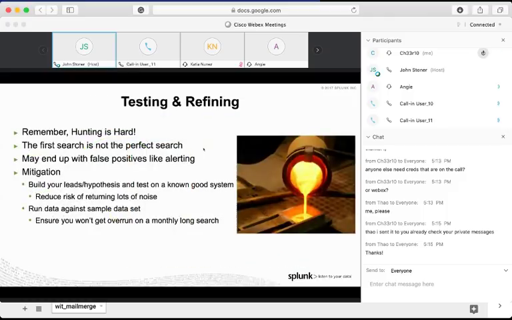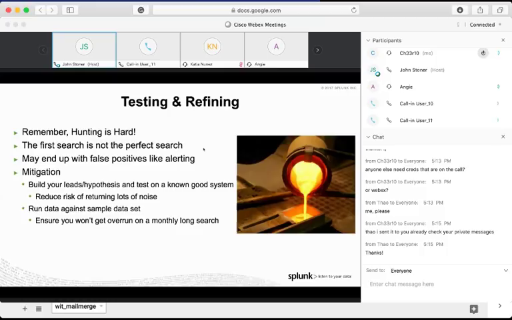The first search you're going to write is not going to be the perfect search. It never is. Right? You might end up with false positives. What you can do with this is, again, using some of the things that we're talking about here, building leads and testing on our known good system, which helps instrument some of the searches. So if you have a golden master image, if you will, and you want to say, hey, these are things that are unique to my environment, those are things that would be false positives, right? That's good to understand and instrument what that would look like so that you're not creating excessive noise